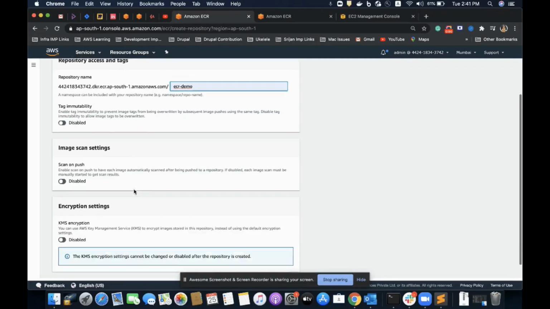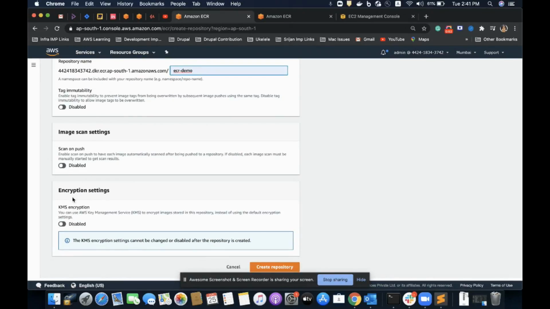For this demo, I'll be keeping all this configuration as disabled for now. I'll change it later if I need, but for this demo I do not need this configuration. But I'll be explaining this configuration. This is needed if I have to put a restriction so that the tags I push should be immutable, so that the tags I have pushed could not be overwritten by me pushing the tags again.